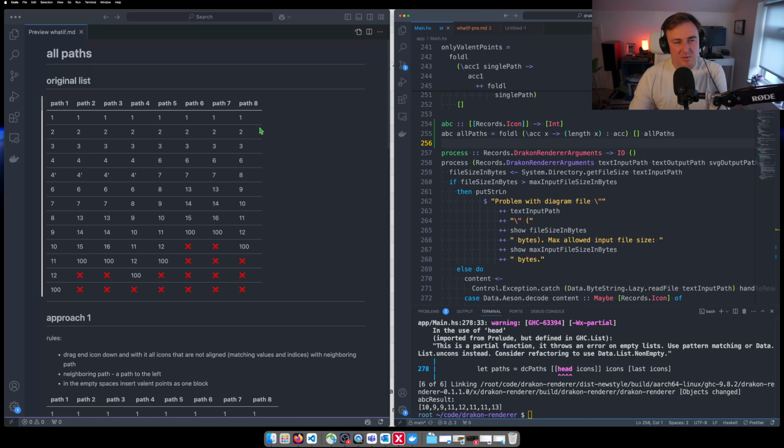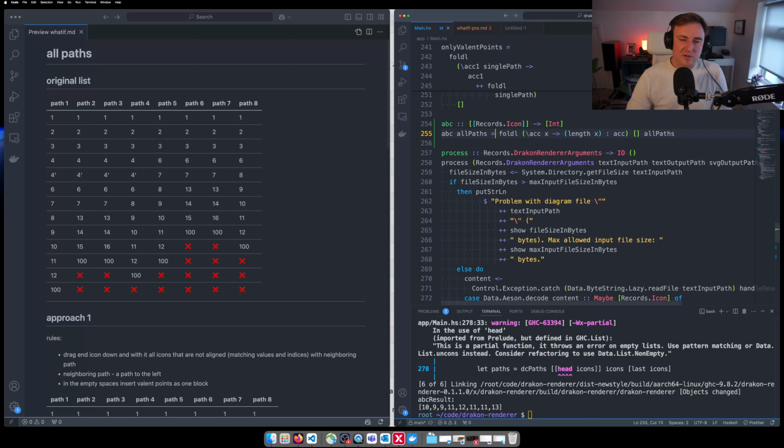Okay, so what we need to do in the inner fold here is go through. Oh no, that's not going to be right. So what I wanted to do is this fold goes column by column, but here I don't need access to